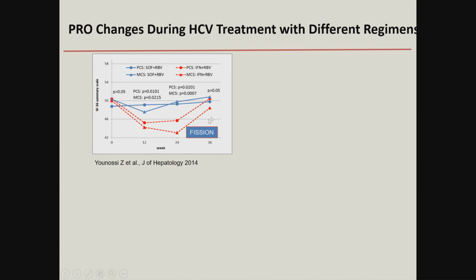The bottom line of this slide is that, and of course here the quality of life was measured by generic SF-36, and you have two summary scores. As you can see in the red lines, there is a rapid decline of quality of life, both in mental health and physical health, once you start interferon, and that remains very low and comes back up once you stop the treatment. When you get rid of interferon, but you still have ribavirin in the regimen, then you have a mild decline, a reversible decline in quality of life, specifically in the mental health aspect, that actually recovers after